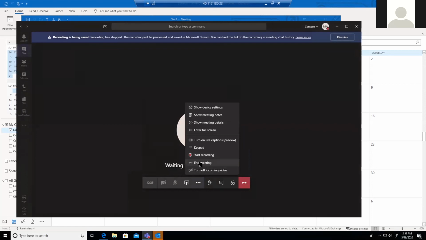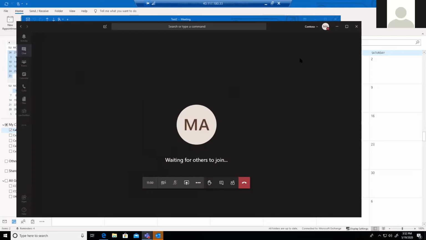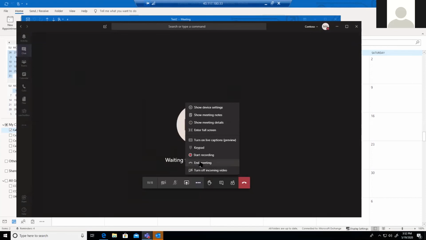Okay, now there's a functionality called end meeting. You might have seen this, that even though you leave a meeting, people are still sitting in that meeting because they left the meeting open and went for some other work, and they just forgot to come out of the meeting invite. Or there are some other factors also, that people will sit in there, and we want to start a new meeting in the same channel. So you can just do one thing. You can come here and you can end meeting. That will just kick everybody out of the meeting, and that can only be done by the organizer.